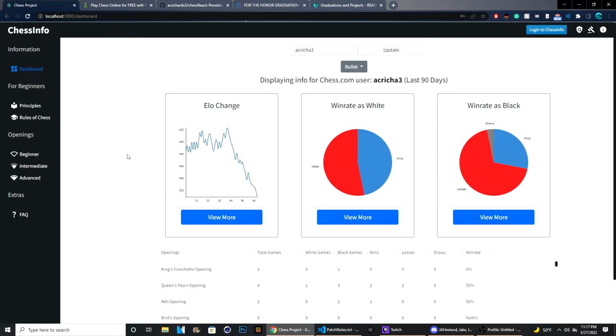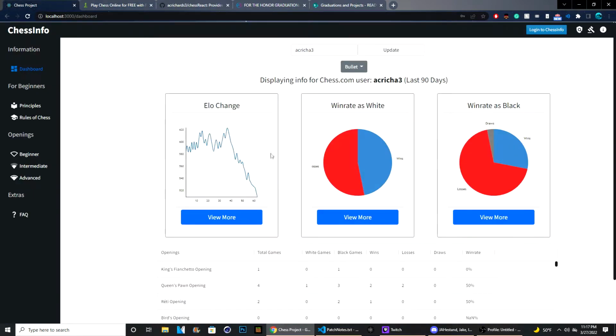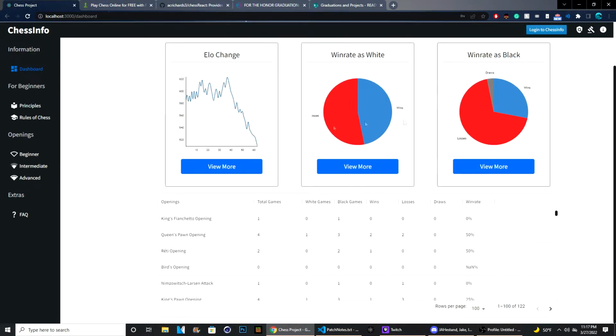Alright, hello everybody, my name is Alex Richards, and for my honors project I decided to do a React app. Basically, if you go on chess.com and you play any games, it allows you to enter your username here, and it will spit back a bunch of cool graphs and lets you see all your stats